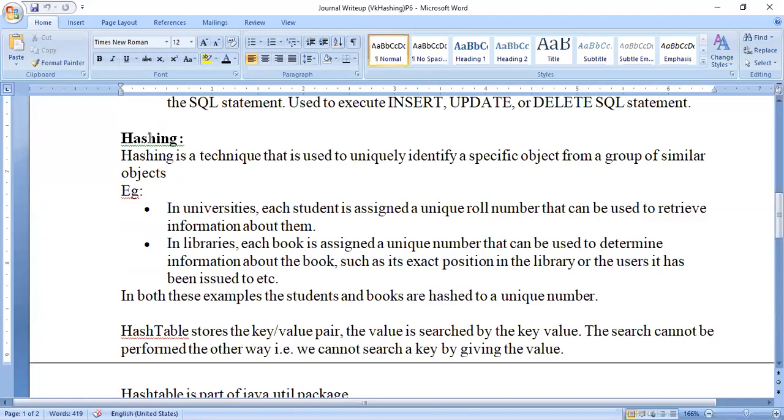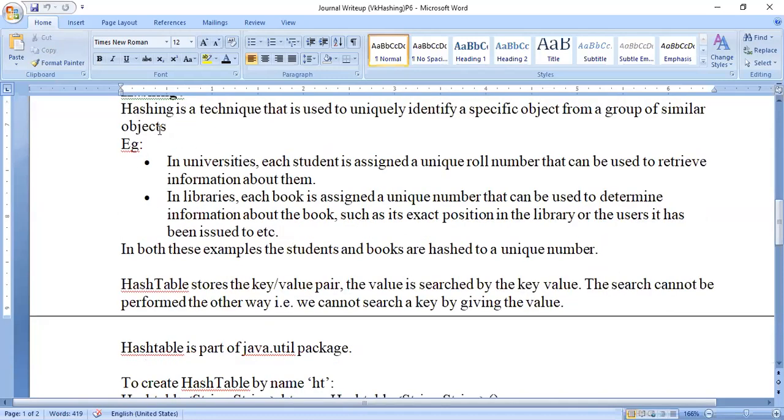Now, hashing originated from this technique. Originally, when the data was stored in a file, it was stored based on the record pointer, that is 1, 2, 3, 4. It was stored in a sequence. It was also searched in a sequence, which took a long time to jump to a particular record. But hashing is one such technique in which indexing was followed. Let me not go into the details of it.